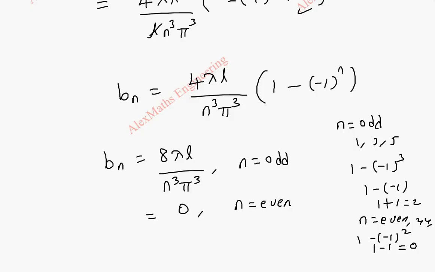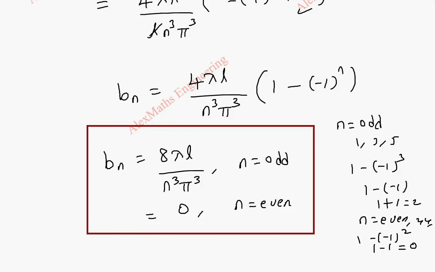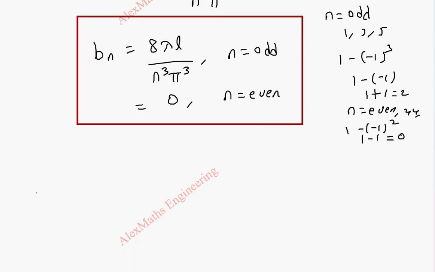So this value exists only for the odd values of n. Now we are going to substitute this Bn in our solution. That is y of x comma t, we already had a constant outside the summation. Now we have to write the summation over odd n till infinity, and the constant which we had outside is